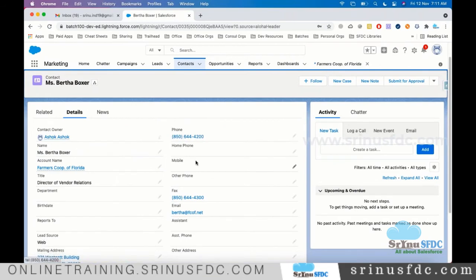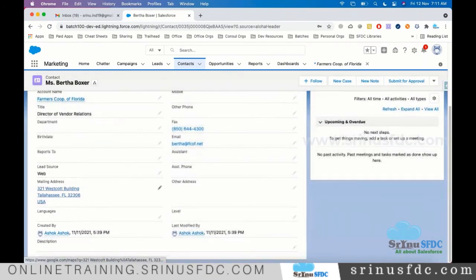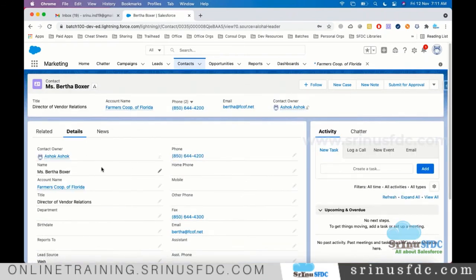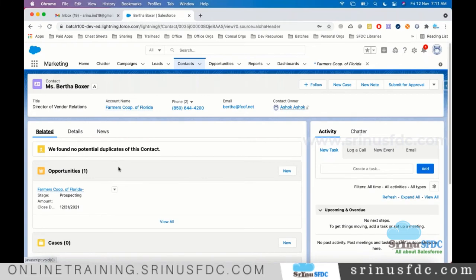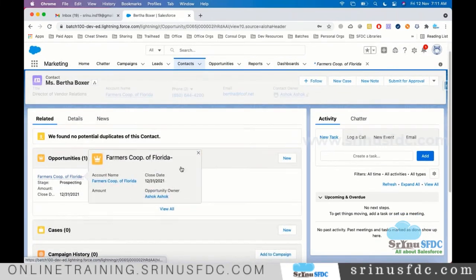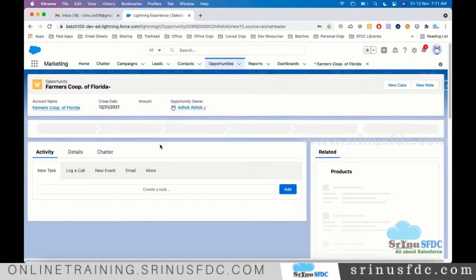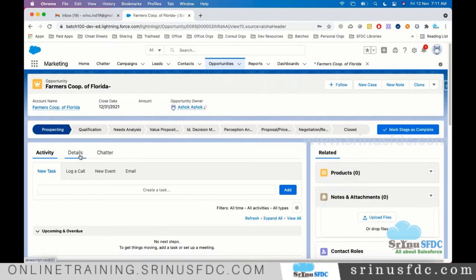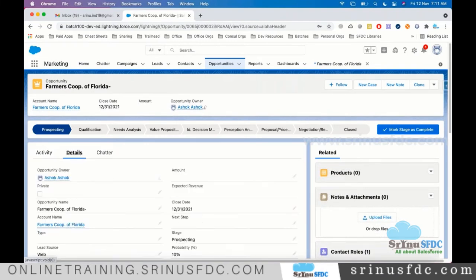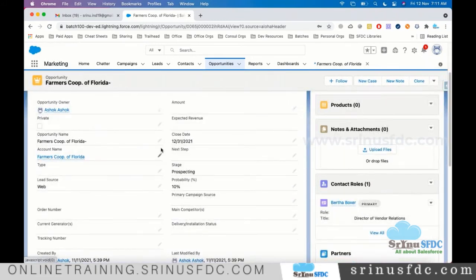The company phone number, maybe the email address, and all the details are captured here. Also, let's open the opportunity. So this is the opportunity, and all this information is there.